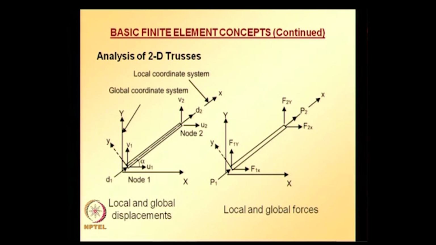If you look at the figure shown here, a 2-dimensional truss element is an axial deformation element oriented arbitrarily in 2-dimensional space, and in the figure you can see a local x coordinate system along the member centroidal axis from node 1 to 2,